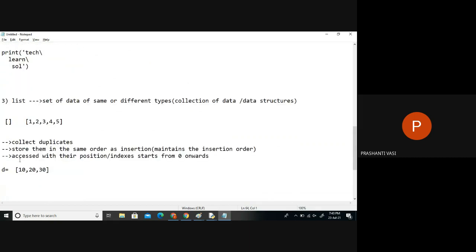Now to print the first data, I just say D of 0. When I print D of 0, it will print the 0th data because counting starts from 0 onwards. This is 0, this is 1, this is 2. And if I don't mention any index, and I just say D, it prints the whole list as it is.